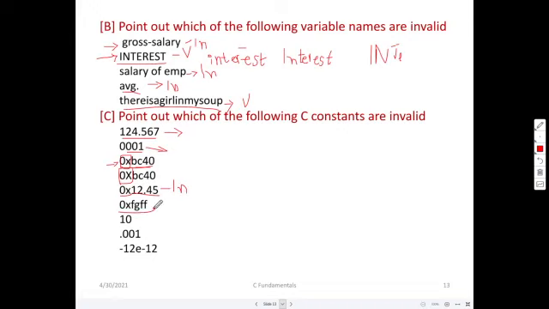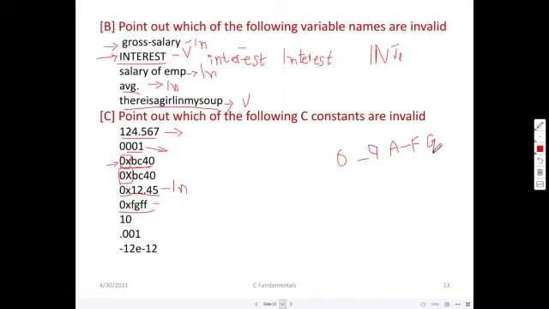And here, hexadecimal FGFF, I think it is valid. Is it? Check it. No, it is not valid. Why? As far as hexadecimal is concerned, it has the numerals 0 to 9 and the alphabets A to F, not more than that.